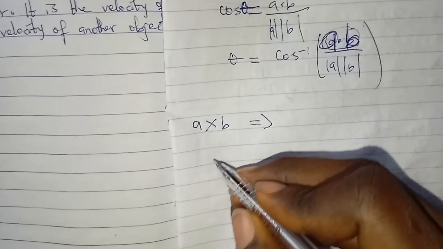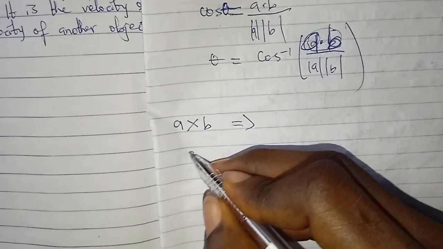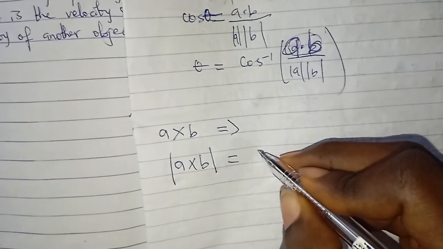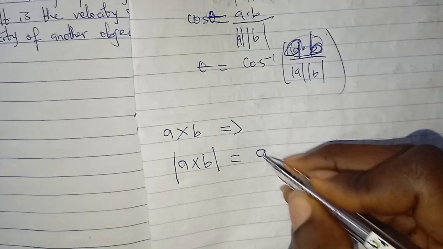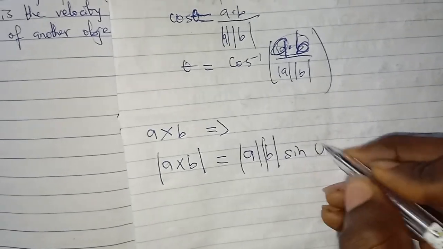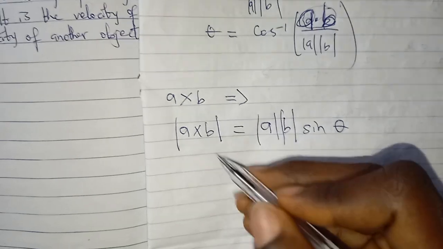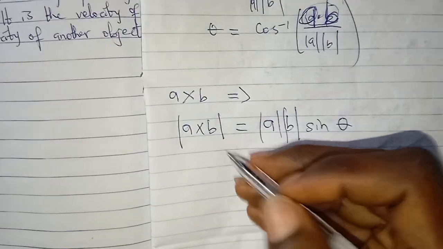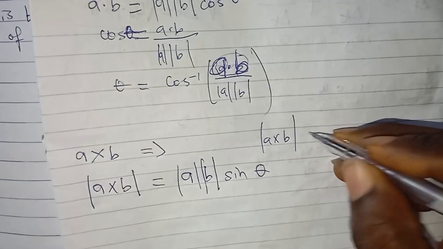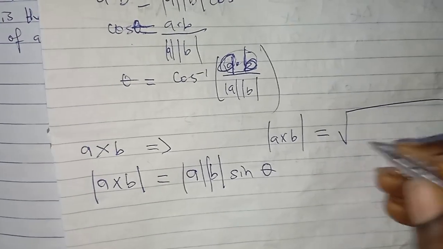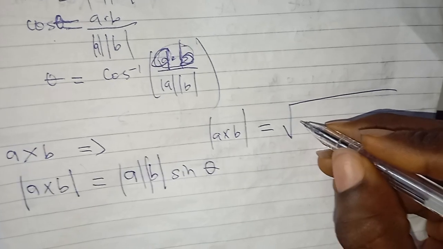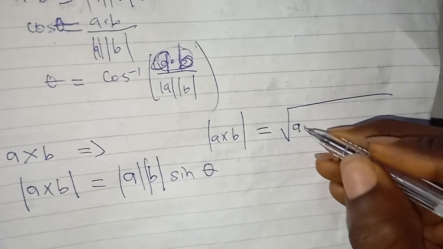Now to get the angle for the cross product, I will have the magnitude of a cross b is equal to magnitude a magnitude b sine theta. Notice that there's magnitude here, and you know how to find magnitude. The magnitude of a cross b is the same thing as saying the square root of everything I have in the